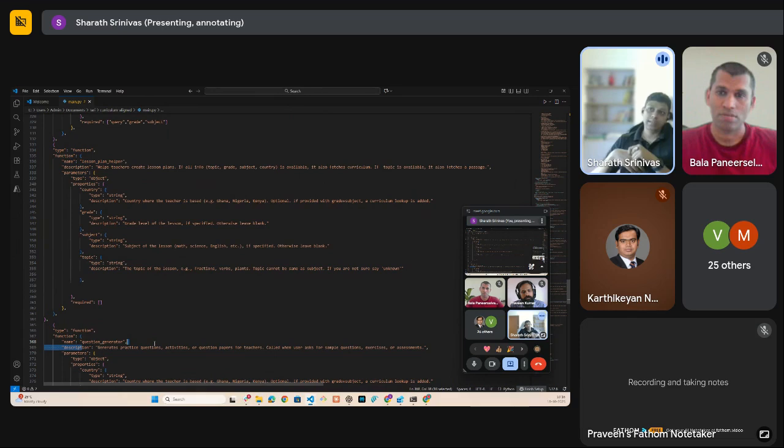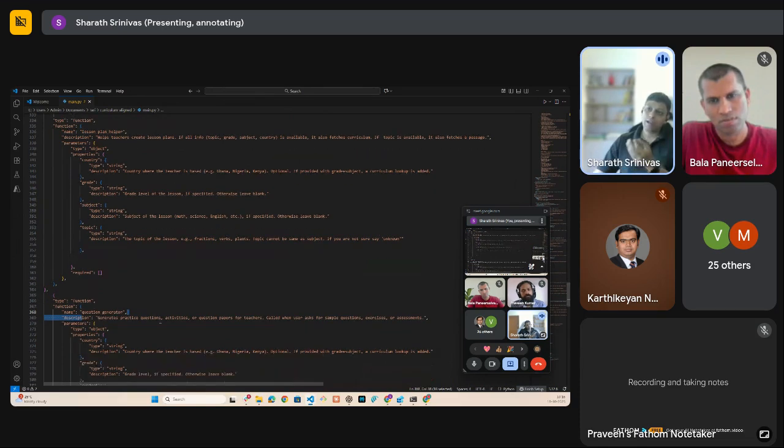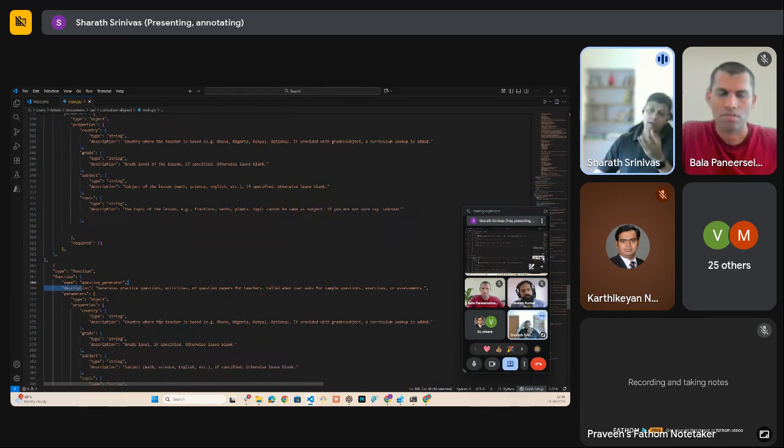agents make total sense. Whereas if the queries are a bit more shallow, like give me a lesson plan on triangles, you need not do an agentic architecture. It's too much of an overkill. You could do something as simple as this. You could have a tool caller, a function calling thing. You could define the functions, and the control will get passed